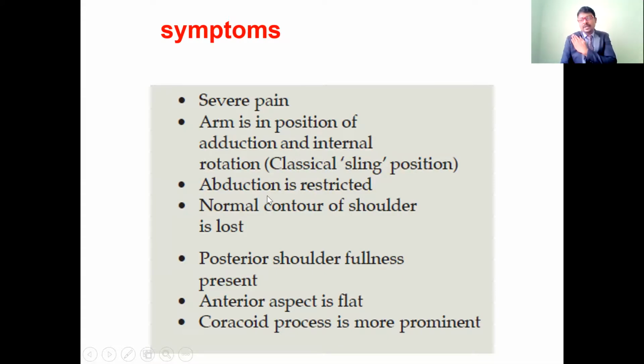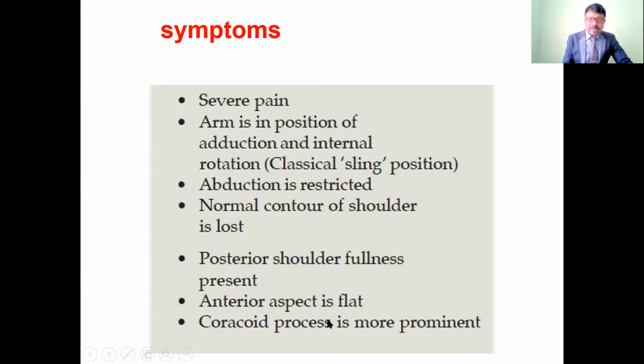So if you palpate here, on the anterior side, the contour is going to be less or lost. Normally, because of the head of the humerus, the anterior and posterior sides are full in the normal position. If it is going posteriorly, the anterior side is going to be lost, and the posterior side is going to be full. So if you palpate posteriorly, we are going to feel the fullness of the head of the humerus. In anterior dislocation, the head of the humerus comes anteriorly, and we feel the fullness on the anterior side. In posterior dislocation, the fullness will be on the posterior side.